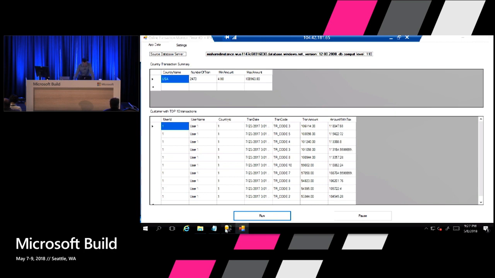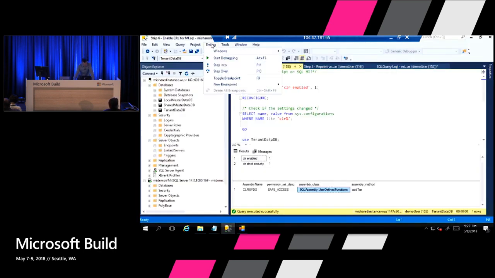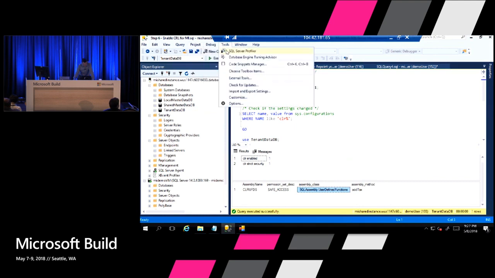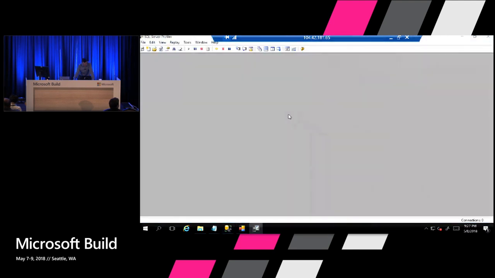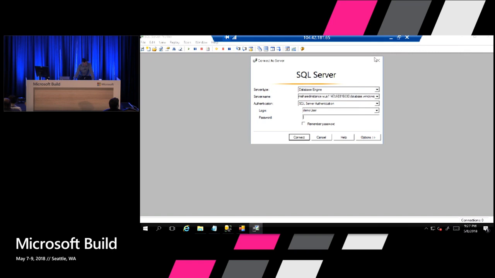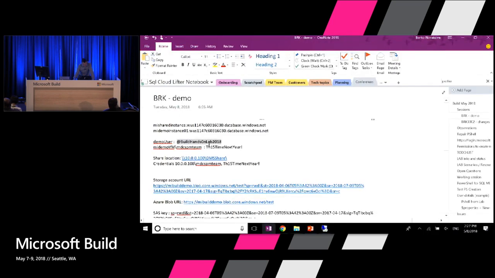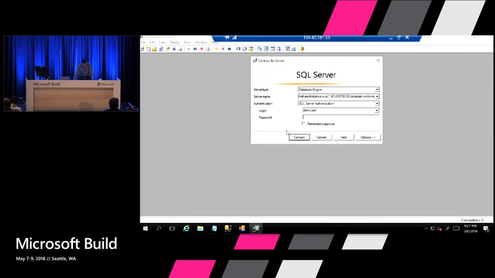Now what is also beautiful, if I want, I can go and run Profiler here. Let me use the password because I always forget it and cannot type it.